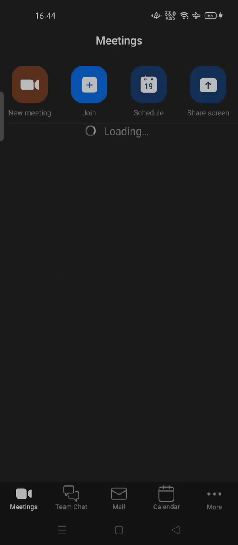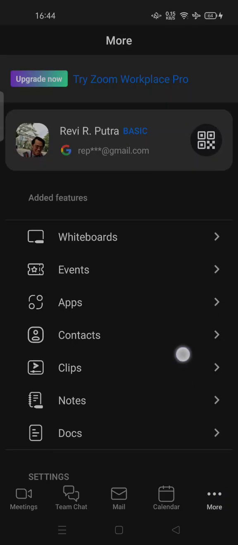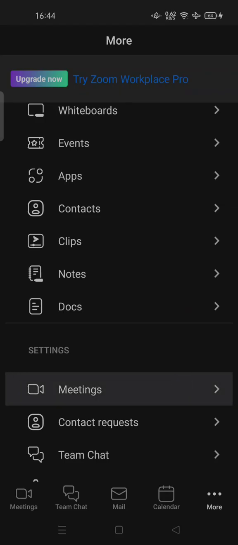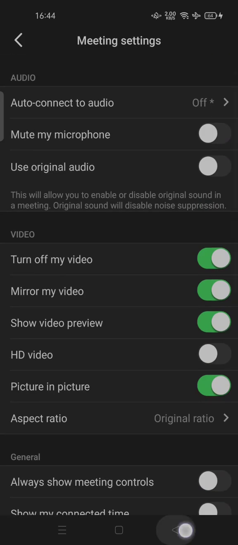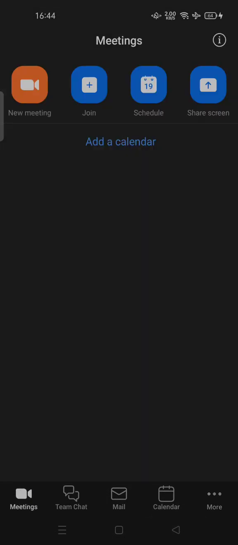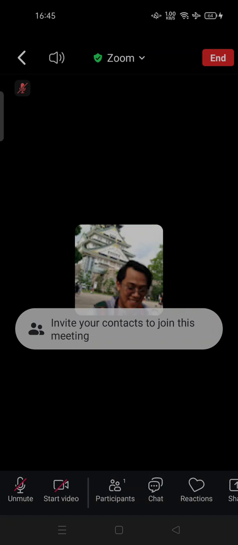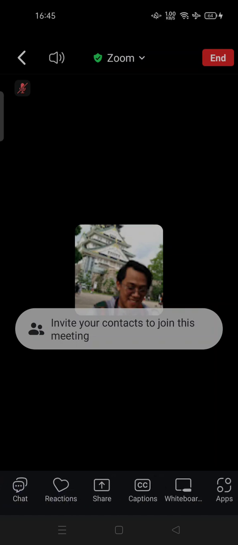Today I'm going to show you how you can use virtual background on Zoom Android mobile app. So if you update this Zoom Workplace, you cannot use a virtual background by Zoom. Usually you can tap on settings, go to meeting settings. You can set virtual background in here. And also if you are in the middle of a meeting, for example, you can set your virtual background if you